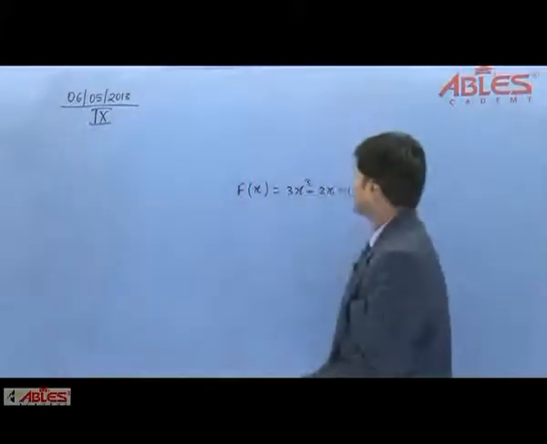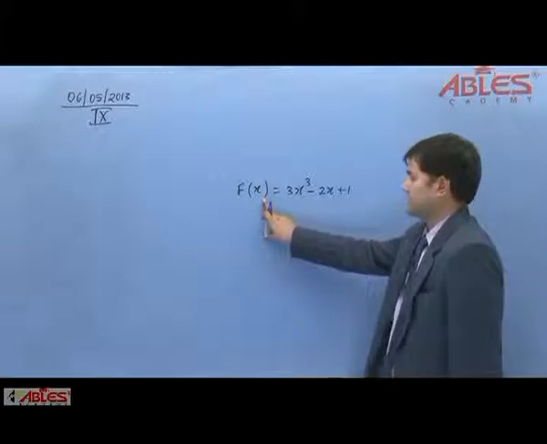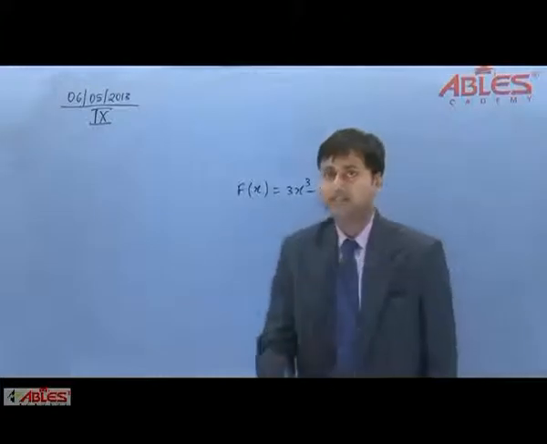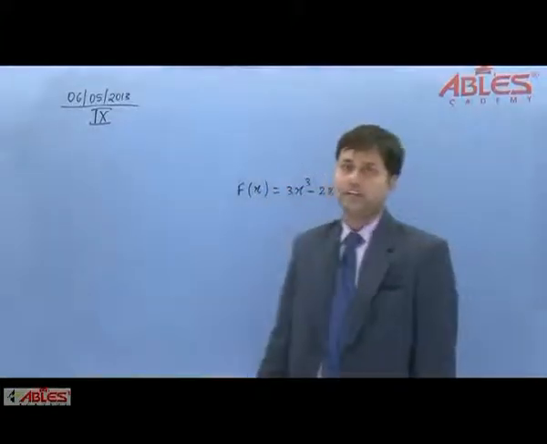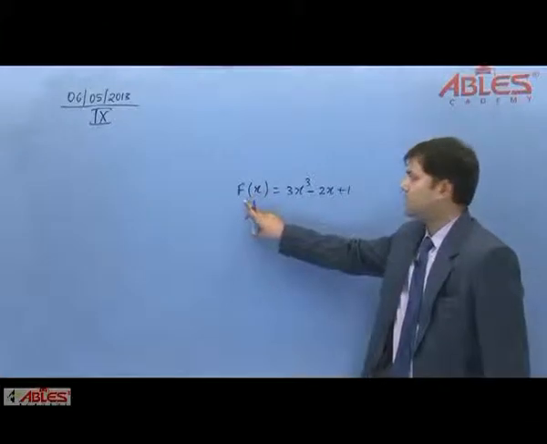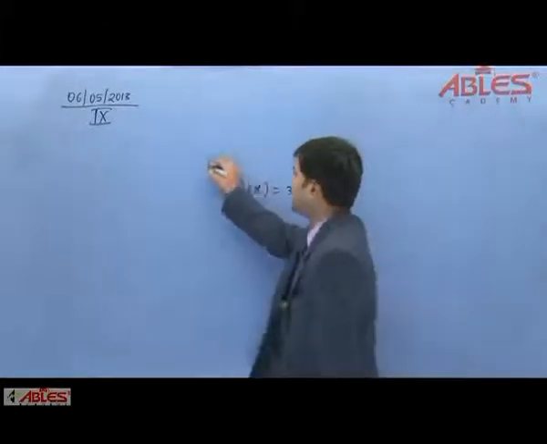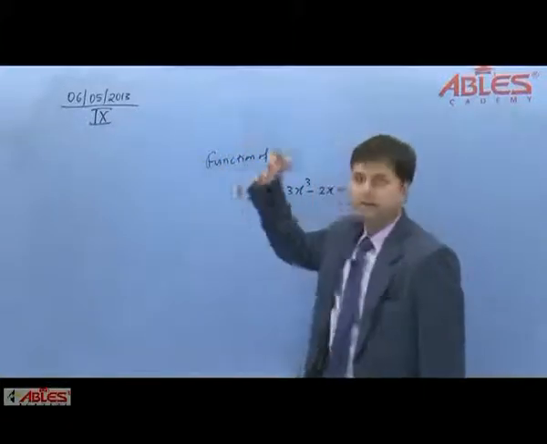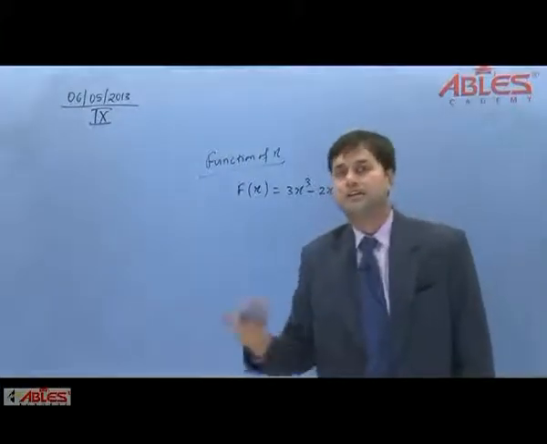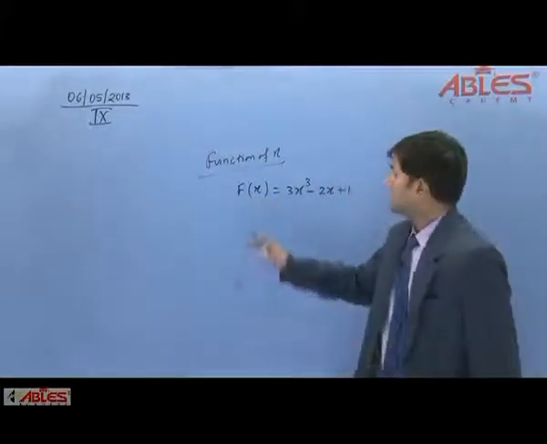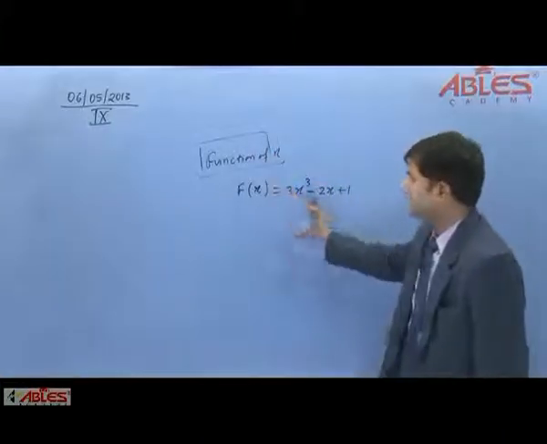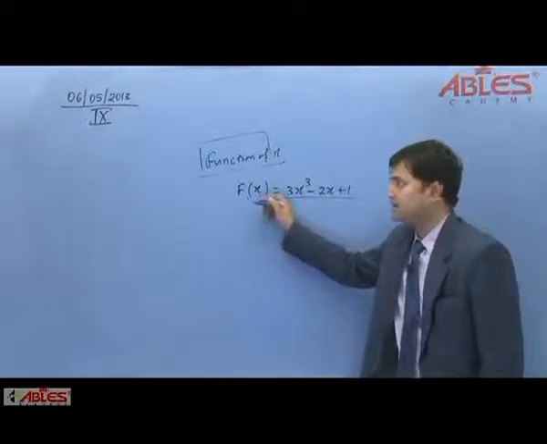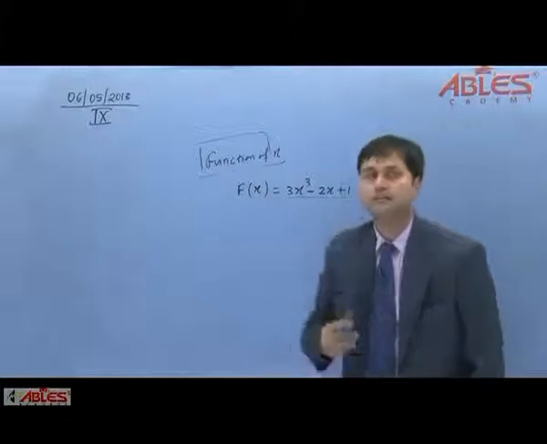Okay, see, it's f of x here. That indicates we are writing this polynomial in terms of x. Further you will study that this is a function of x. Okay students, this f of x means this is a function of x. We are calling it exactly as function of x. Now what is function? We will study it later, in the next class. When you go to class 11, 12, you will study about this term function. For the time being, just remember that we are expressing this quantity, the right hand side quantity, in terms of x. That's why we are calling it f of x.